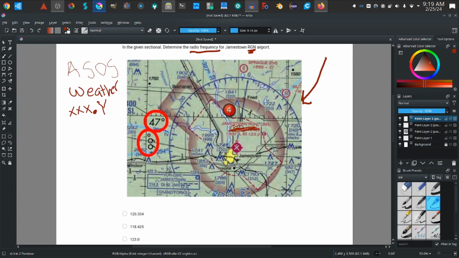Anyway, that first one, it did have a 3-digit number. But the 3-digit number, let me see if I can go back. I'm going to go back as much as I can. Control Z. Okay, right there. So the ASOS, it does have a 3-digit number. Its 3-digit number is,